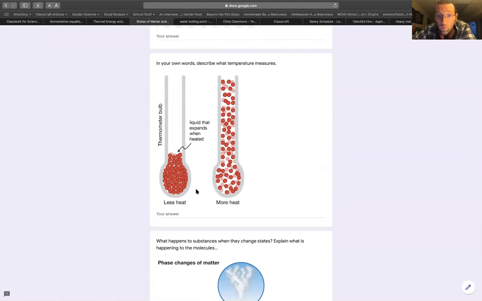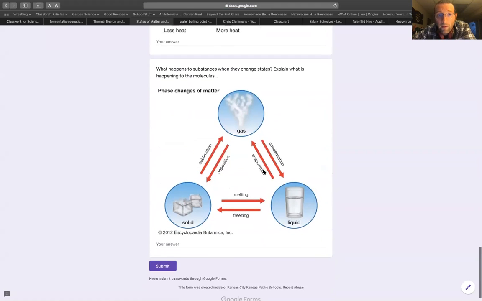So I want it in your own words. And then with this one, I'm clarifying this question. I want you to explain what the molecules are doing that finally allows them to go from solid to liquid. What is it that all of a sudden makes those molecules no longer want to hold on to each other and go into a liquid or suddenly go into a gas? So we're talking about the molecular structure of these things, what these things are doing, their motions.